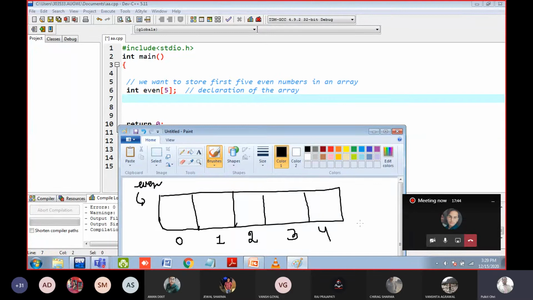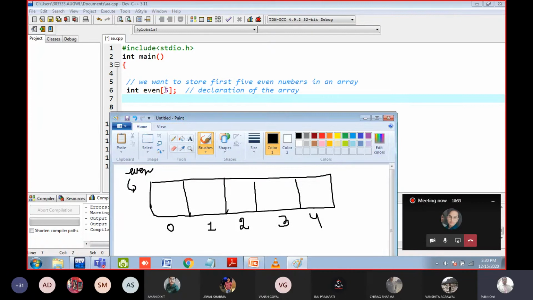But in computers, number 0 has been given very much importance. Number 0 is a very important number. I don't know what the logic behind this was, but Dennis Ritchie said that the first element of an array has an address of 0, then 1, 2, 3, 4. You can count 0, 1, 2, 3, 4 on your fingers or mentally. These are 5 elements, yes or no? So here in line number 6, you can check. I have created 5 elements and you can count them 1, 2, 3, 4, 5, and 5 boxes are there.